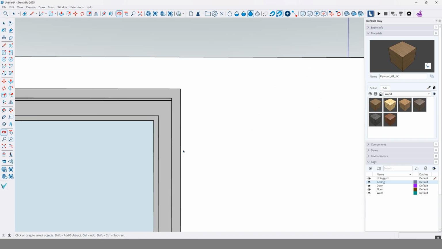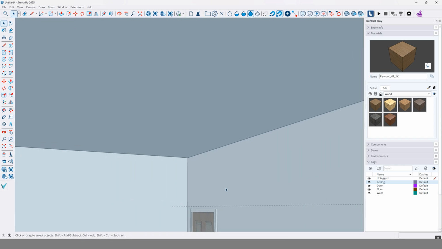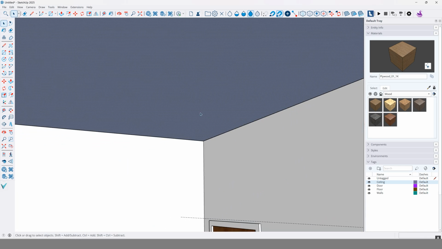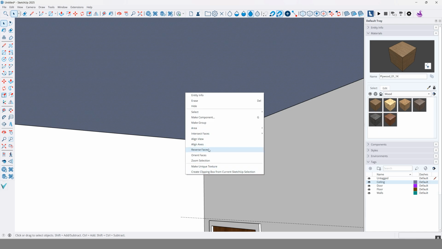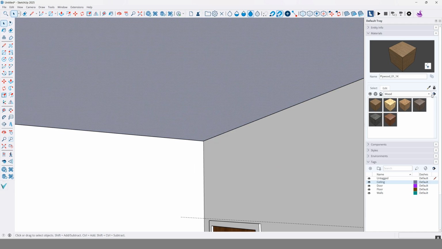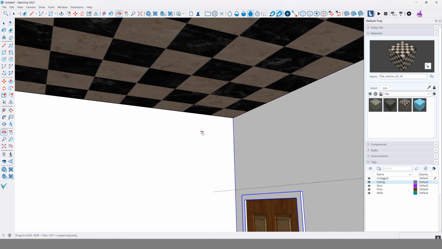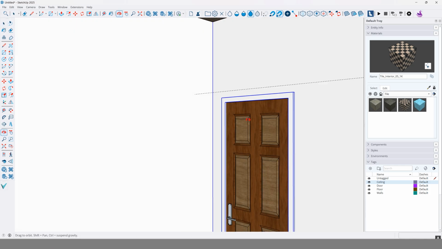So if we navigate into the space here with our ceiling on, we can add a texture to our ceiling as well. Right click this as the face is back to front, reverse the face, and let's just go a tile, some crazy tiled ceiling for now. We have a tiled ceiling, we have a wooden door,